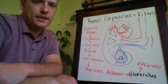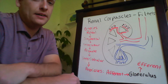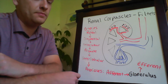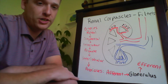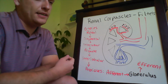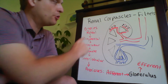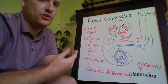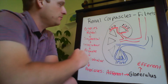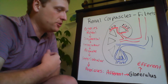So it is a pretty complex system, but I think it's important that we also discuss the vast blood supply that's taking arterial blood to and bringing venous blood away from the kidney and providing a means for filtration of blood to occur. So the filtering apparatus in the kidney begins with these little black dots that are called renal corpuscles. So those act as the filter, and you need to get the blood to the filter. So arterial blood needs to travel toward the filter. Starting off with the arteries that are supplying arterial blood to the filter, to those corpuscles,